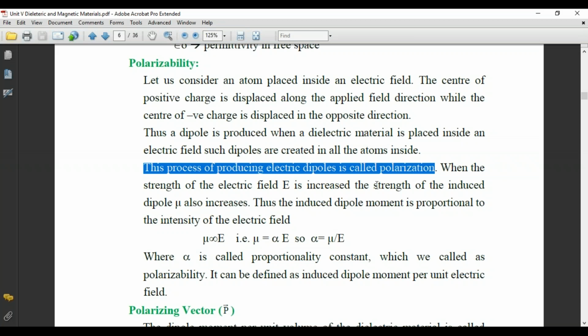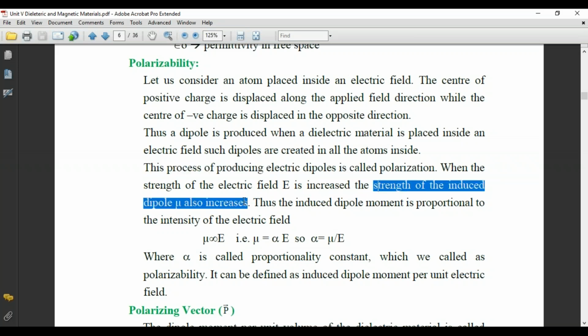So with the strength of the electric field increased, suppose for example the applied field is more, it increases the strength of the induced dipole moment also. That means mu is proportional to E. The dipole moment is always proportional to the applied electric field. The more the applied field, the more dipole moment is seen in the electric material. That's why mu equals alpha E, where alpha is the proportionality constant, which is called